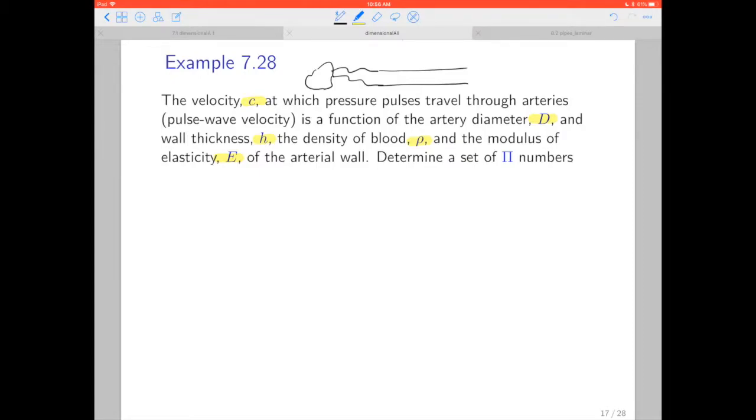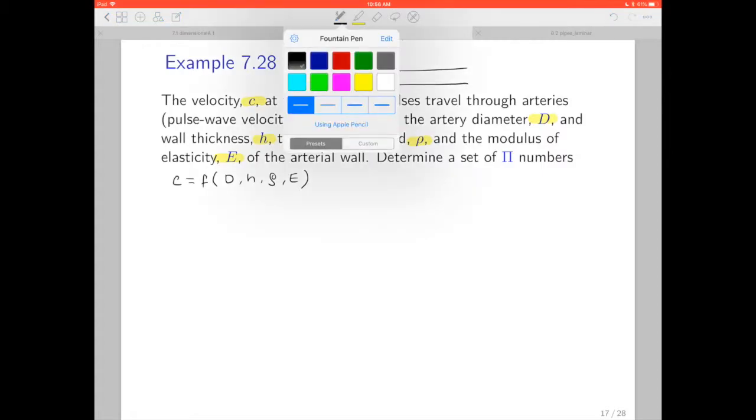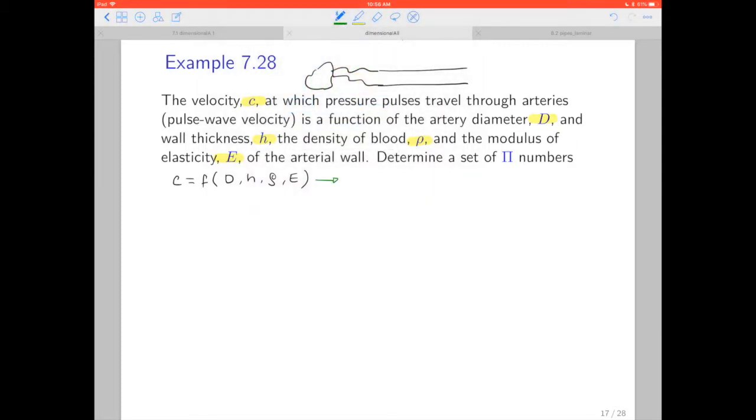And so we want to determine the pi numbers, so we can do some set of experiments. Okay, so let's write the functional relationship. Our relation will be the velocity is going to be a function of the diameter, the thickness of the wall, the density of the blood, and the elasticity modulus of the artery. So from here we have